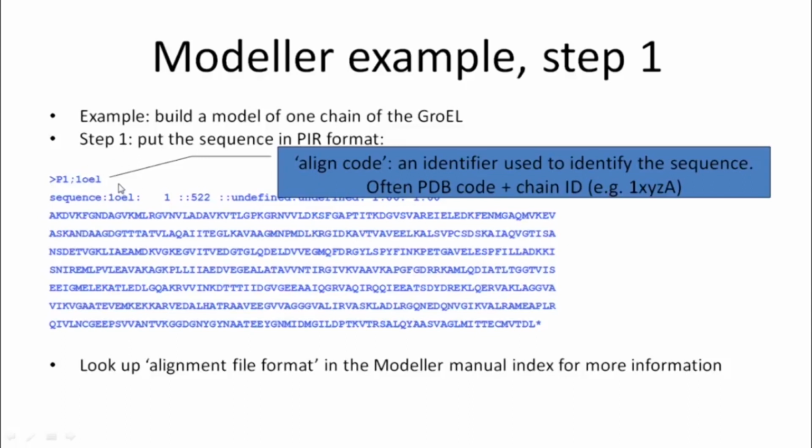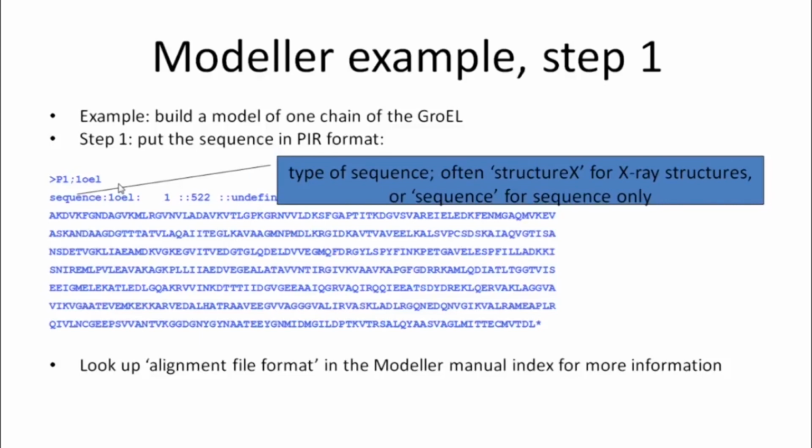The user can specify any 4-letter alphanumeric ID to identify the sequence, followed in the second line by the term sequence, which denotes that this belongs to the target sequence, and in the case of the template it will be structureX, as explained here,